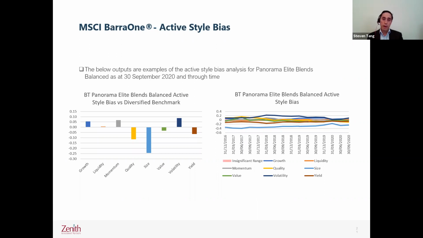So just touching on MSCI BarraOne now, in terms of why we went down this path. MSCI BarraOne is really an institutional risk management tool. It's really come down into our space. From my understanding, we're the first in the wholesale space to use this, and it really allows us to look at a portfolio on a holistic basis. That's something that was really quite lacking prior. It's really quite hard to get a full look-through of a portfolio and understand where you're running risks, and this tool allows us to do that.